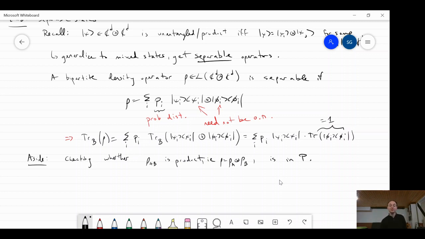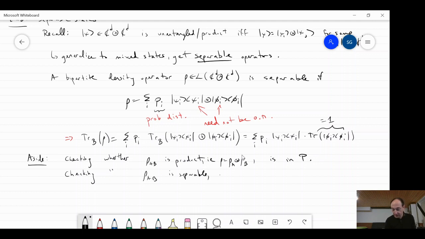So we can always do this. For example, we can compute the Schmidt decomposition, which I didn't quite tell you how, but you can do it, believe me. But if you want to check the analogous thing, whether rho AB is separable,